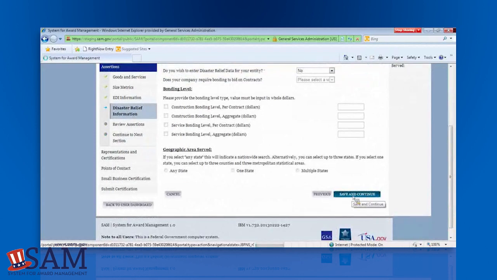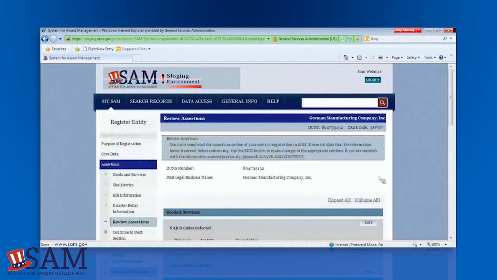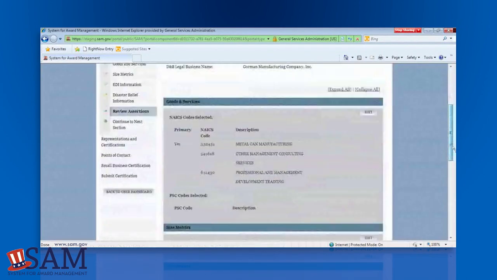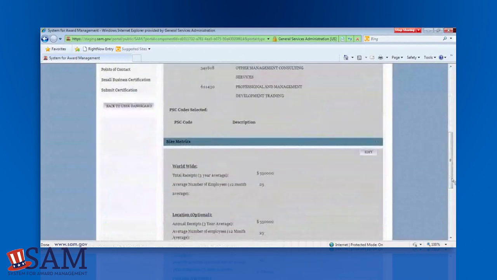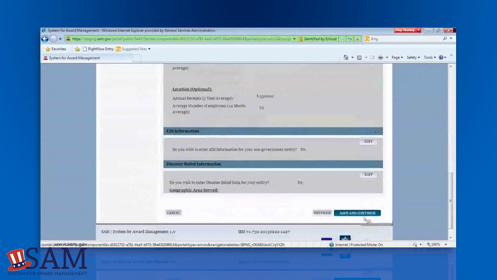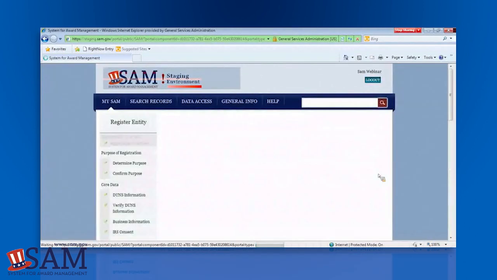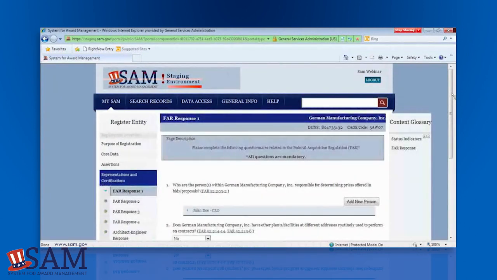And then you're going to review the assertion section, again focusing on the NAICS code that you selected, as well as the receipts and employee averages, because that's what will be used to calculate your small business size indicator. We now have the option to move forward to the representations and certifications section. And this is the extremely